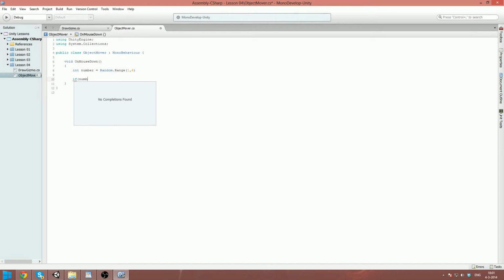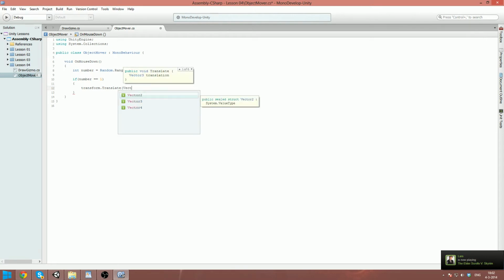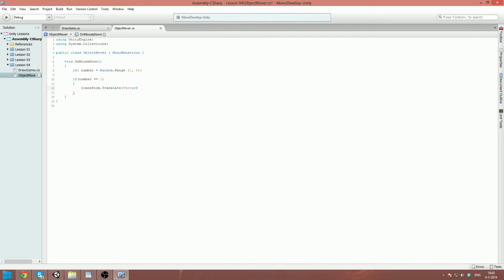Okay, so if number equals 1, then this object, which will be the transform, needs to translate, which means move. Translate, sorry, I did something wrong, oh sorry, I forgot a silly comma here. Transform.Translate, there we go, and it's going to be Vector3, and a vector is actually nothing more than a line somewhere in space, and it's going to be